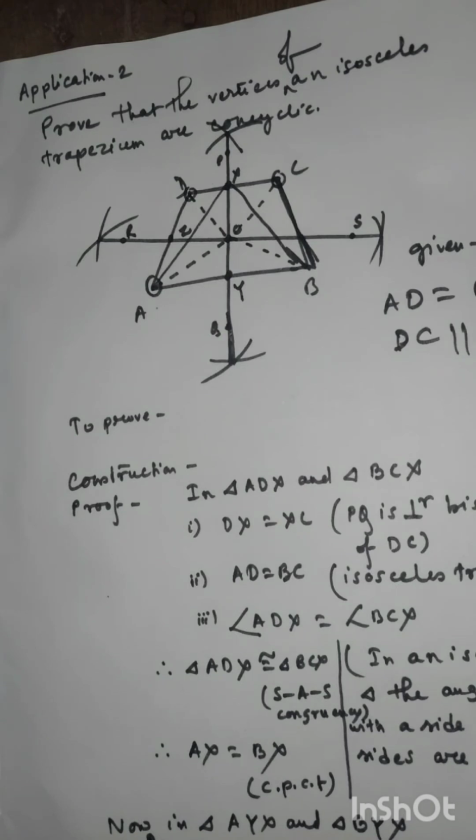So if we draw two perpendicular bisectors and they intersect at a point O, and if we join this point O to C, we are joining OC, OD and OA. So we can say, therefore